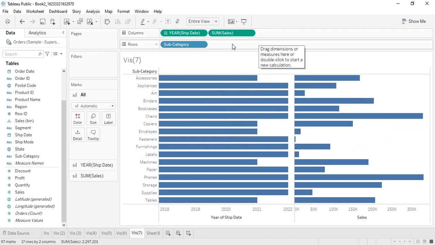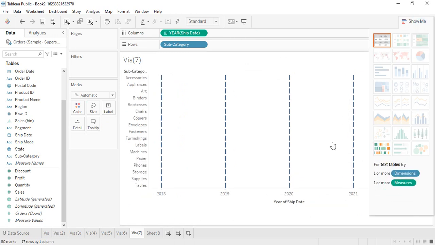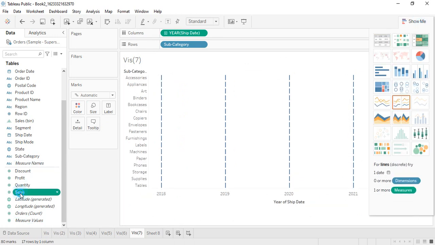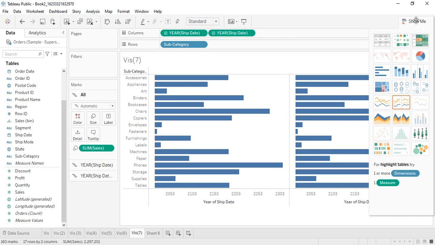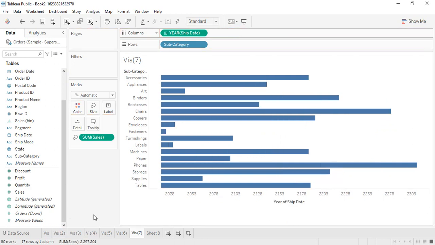Actually, what we can do is remove this and select these fields from here, that is the sales, the shipment date, and the subcategory, and now just click on the Gantt chart. It will create this kind of Gantt chart for us. Let's remove this year ship date from here.